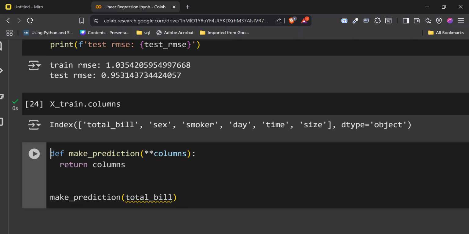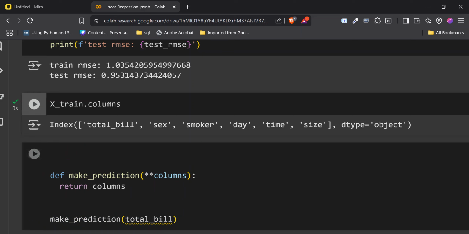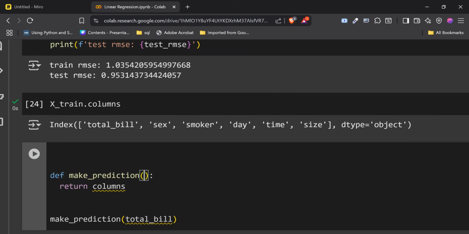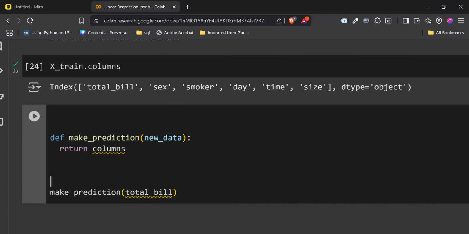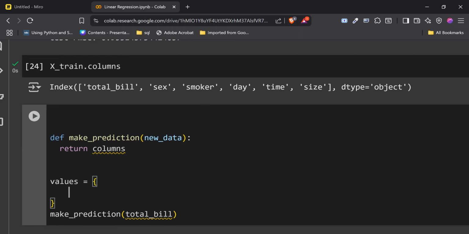So let me just come to this place, and columns is going to be a dictionary of the data, or let's call it new_data. So here we can do values equals, let's say a new person comes in.